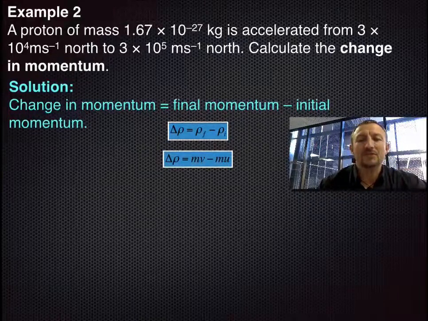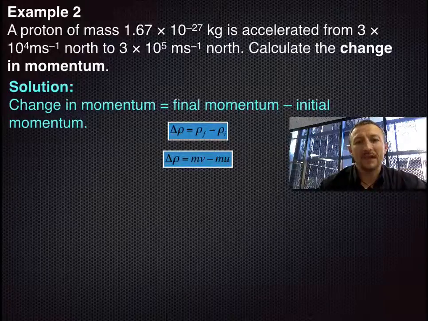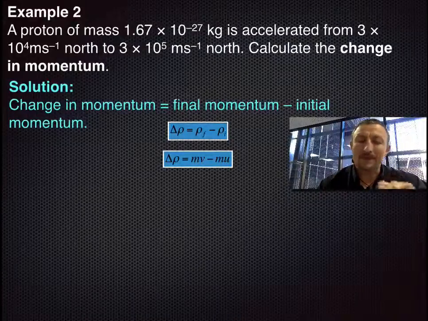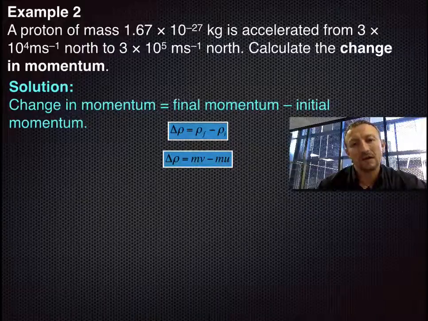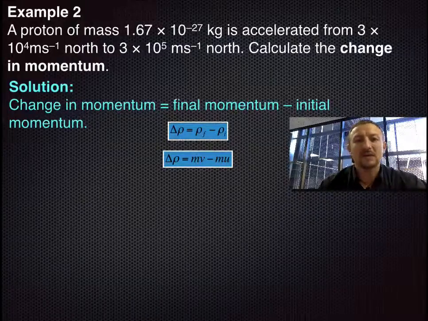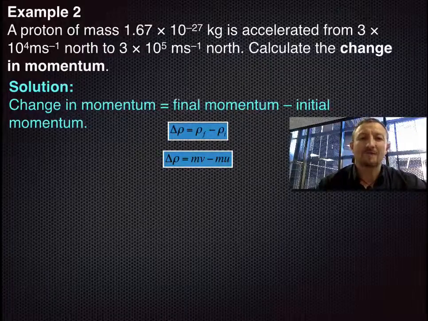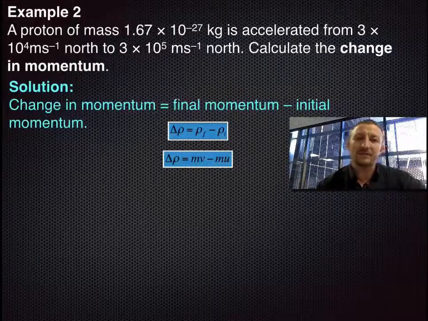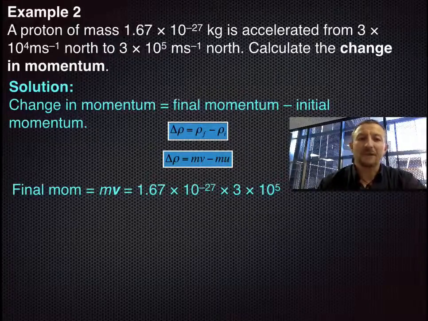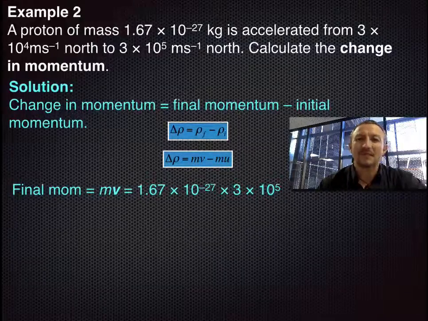So as a result, delta p will equal mv minus mu, or the final momentum, mv, or mv subscript f, some people might see it, minus mv subscript i, which is the initial momentum, or u as we use here at St. Hilda's. Okay, so let's substitute in and find the final momentum first, followed by the initial momentum. So the final momentum, mv, is going to be 1.67 times 10 to the negative 27,